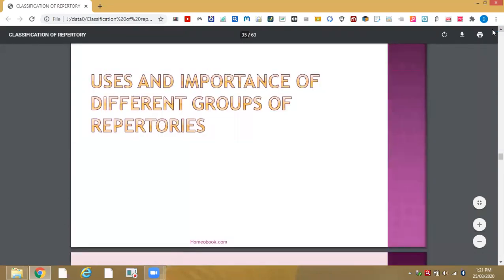Now we discuss the uses and importance of different groups of repertories, as we are going to discuss later on the importance and uses of general repertories. But according to group